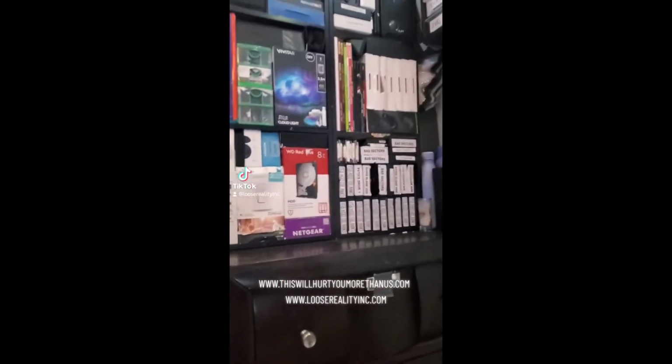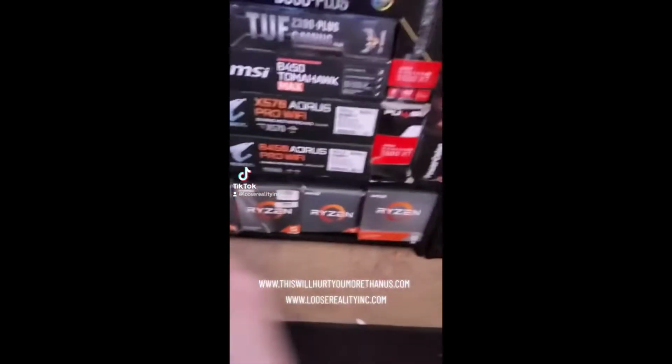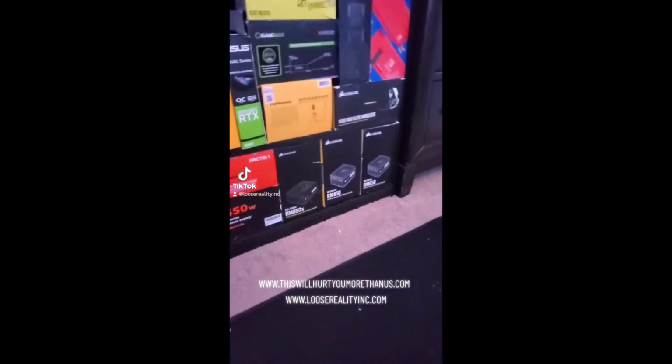My favorite part of my office is the perfection of OCD-pleasing Tetris storage. All my Ryzen processors, motherboards, video cards. There's another RTX over there. Mouse, hard drives, coolers, PSUs, game systems, headsets,